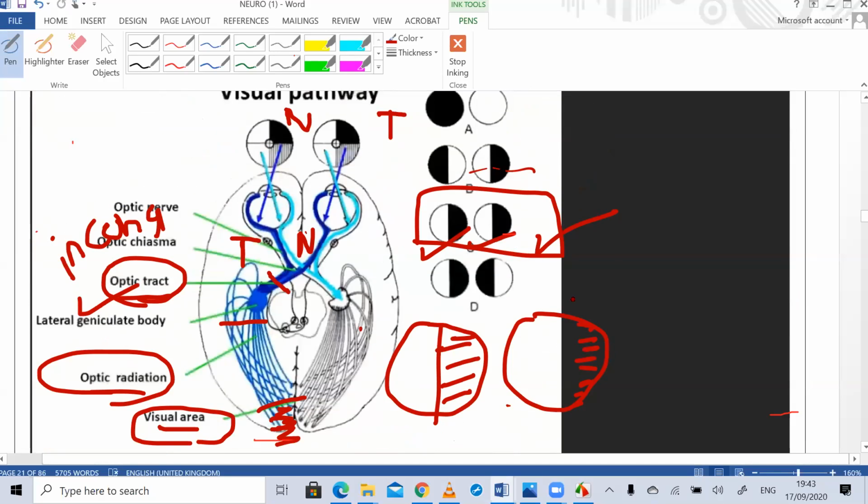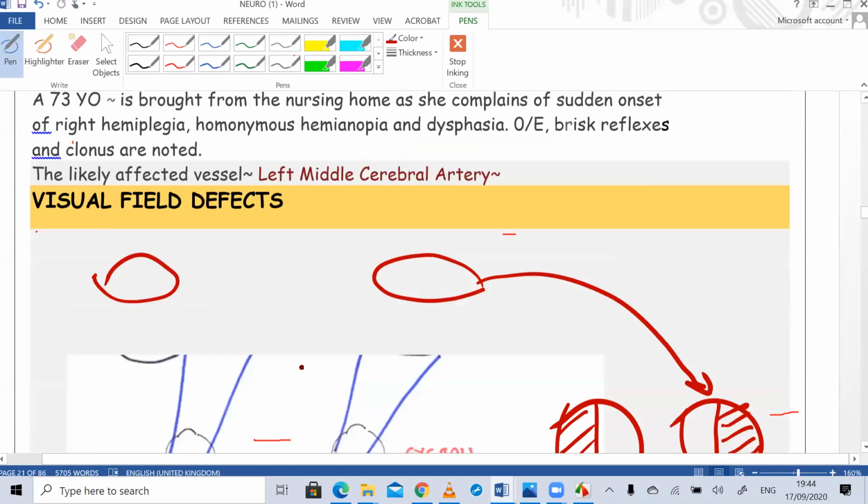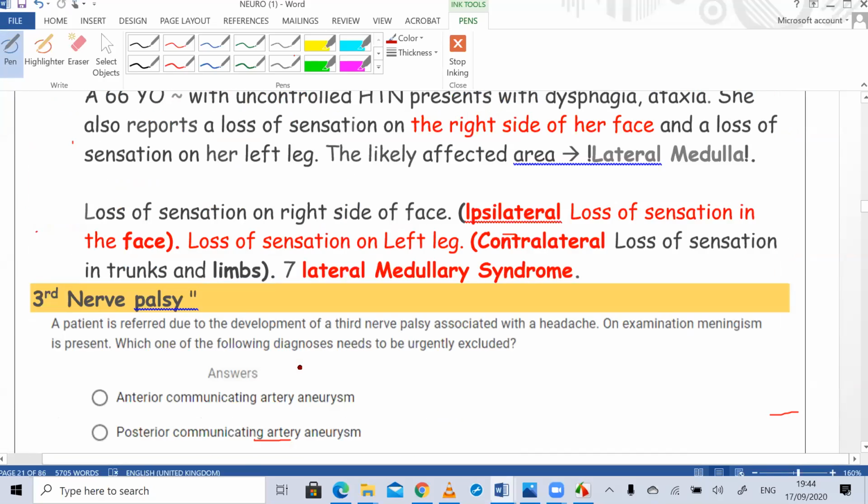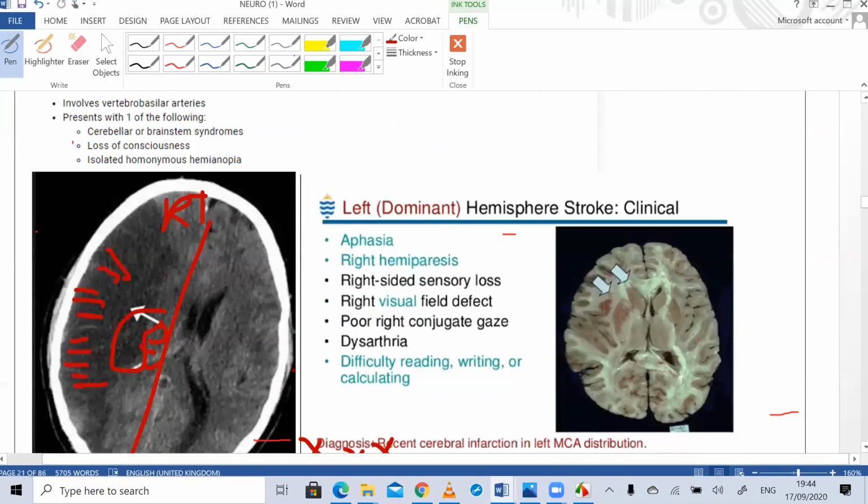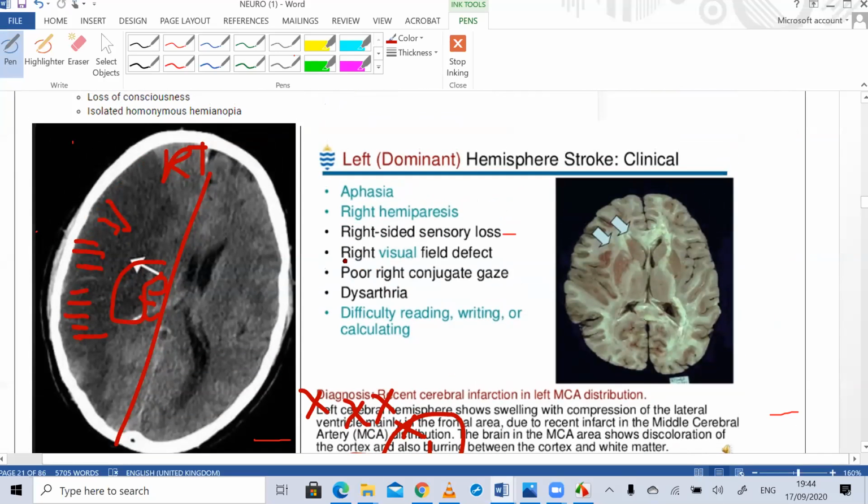I told you about these visual field defects. Why? Because if you have a stroke in the middle cerebral artery, all this kind of stuff you will have. You will have visual field defect because you are affecting what? The optic tract, the optic radiation, maybe the posterior part. So whenever you have a middle cerebral artery stroke, whenever you have an occipital stroke, you will find that the patient complaining of what? Visual field defect in the opposite side, visual field defect in the same side and in the opposite fields. So whenever he said